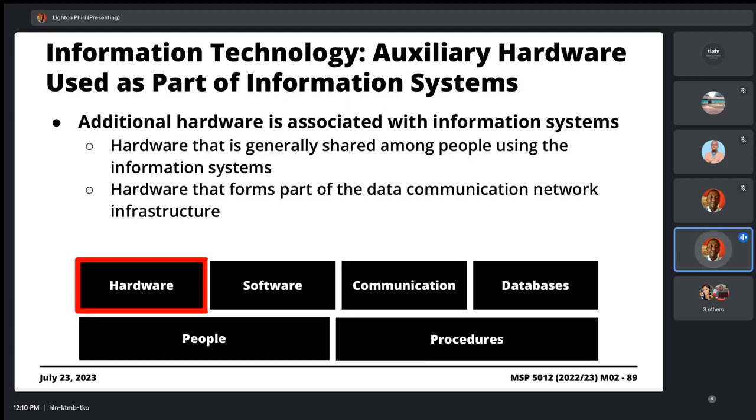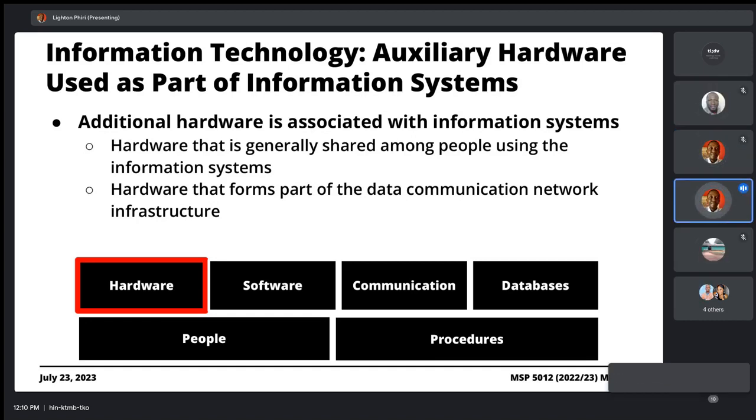Typically you'd be more interested in the hardware that is shared amongst the people using the MIS system. I am pretty sure that in addition to generating reports, one of the things you find yourself doing is printing out the reports. A printer is a piece of hardware. It's a standalone hardware component, but it's nonetheless important. It's linked to the MIS. It's entirely possible that when transactions are being processed, there are additional auxiliary hardware components that may be used as well.